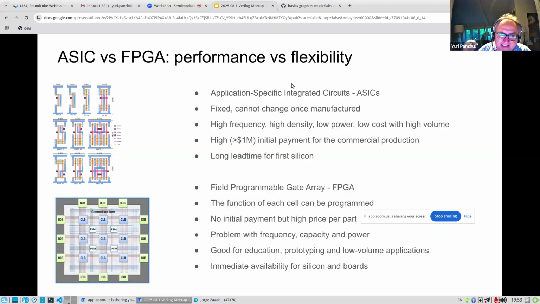But if you want something right now, you don't have the option to manufacture an expensive ASIC, so you can use FPGA, and then you can compensate for the limitations of FPGA with parallelism.